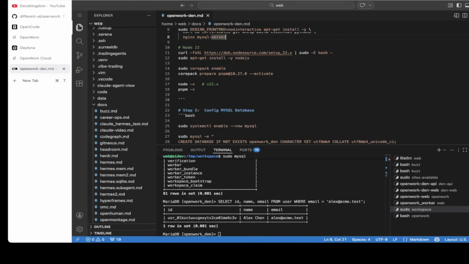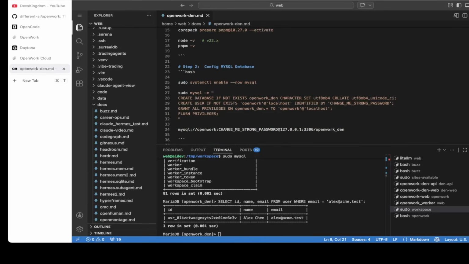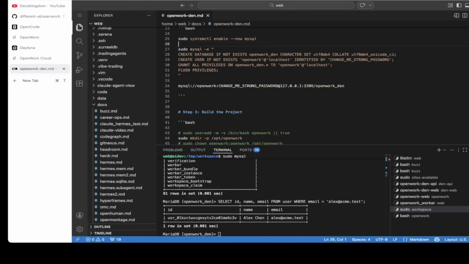You have to install Node. You also have to configure or set up the database for MySQL. In this case, it would be just OpenWork Den, and give it the username and password. So this is the database you can connect to, and then you can actually build a